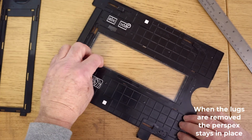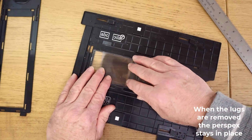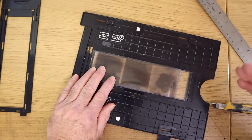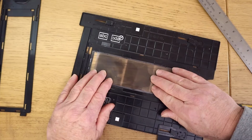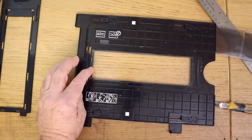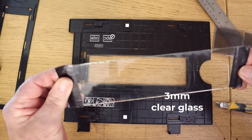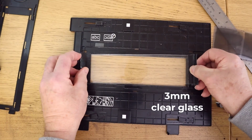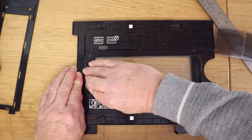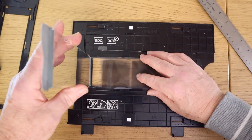And as you can see on there now, all this is dead flat. So when I put the negative in, it's not resting on those areas. So once I show you what I do next, you'll see that the negative lays completely flat. So the next thing I did was I got some glass cut to the same size as this perspex, and I've used tape as a hinge, and I just place that into that opening like that, tape it down there, and then I've got a hinge, put my 35mm negative in,